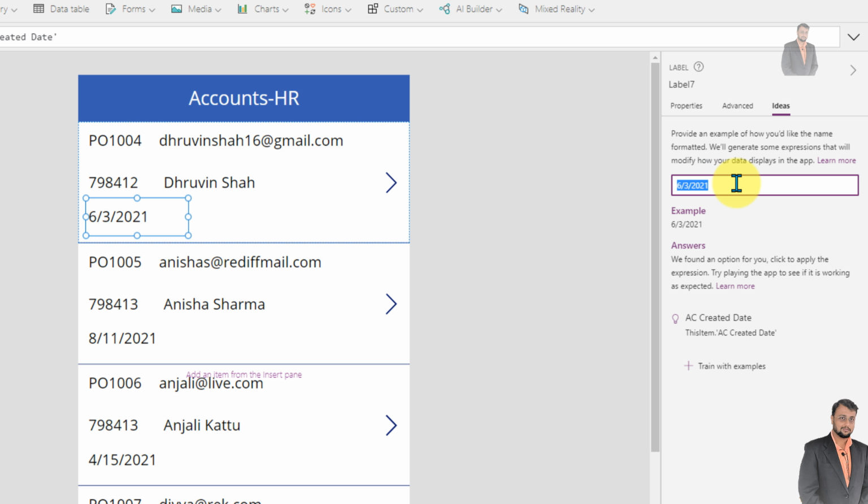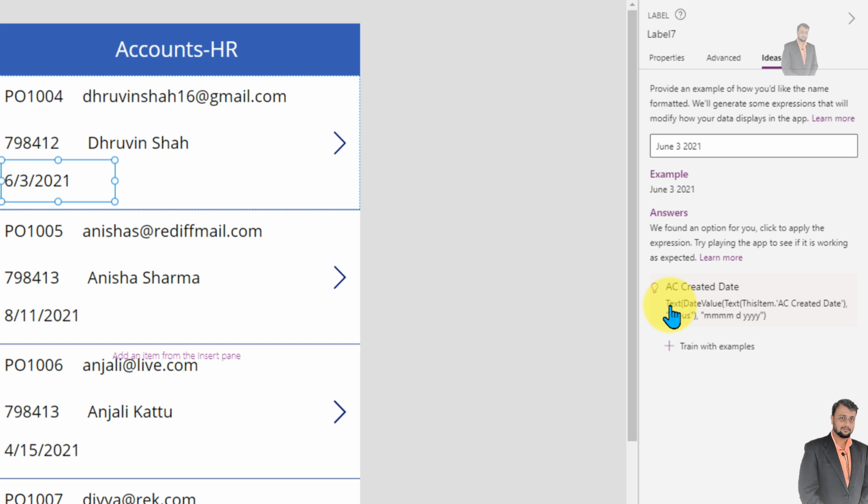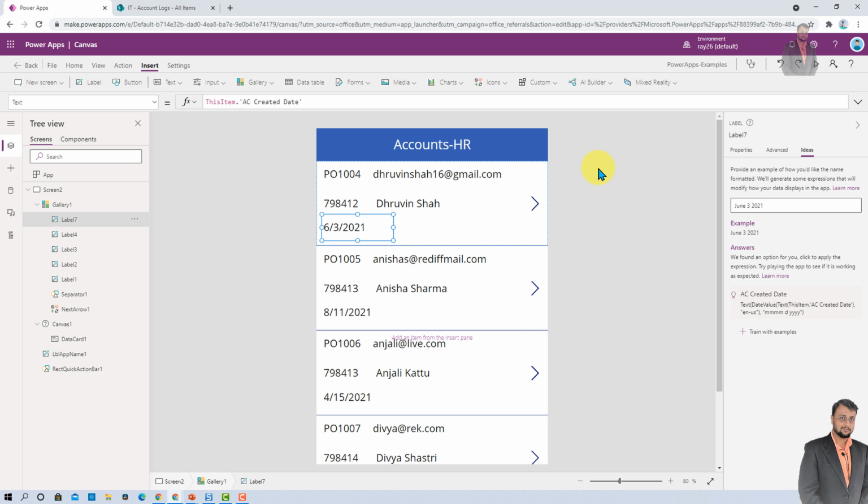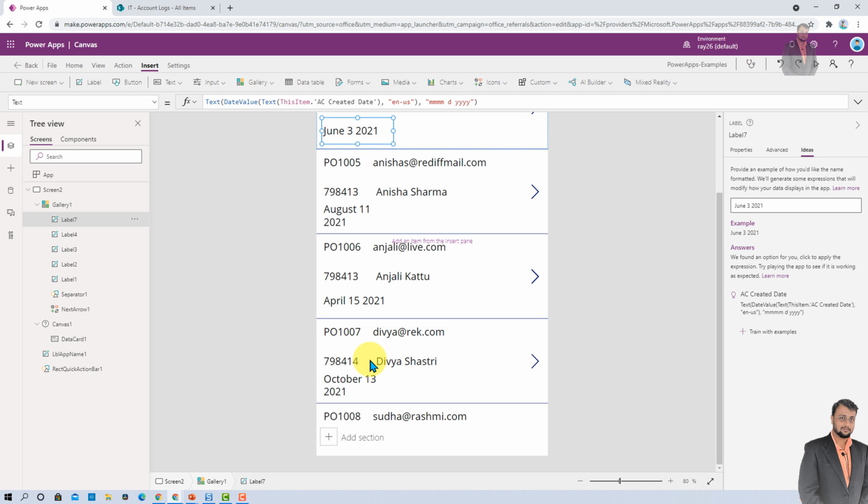Like here, let's say I need June 3, 2021. So I need to provide this end outcome. And that's all. You can see here it is showing me the formula. Now you need to click on this formula and that will automatically generate that formula for you. Let me just click on that and here we are. You are able to see the formula over here and that looks really cool.